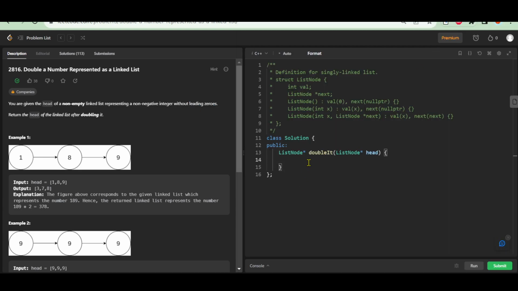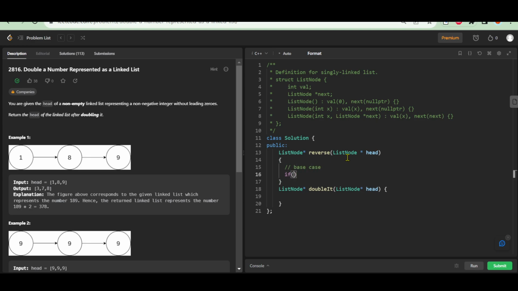First of all, I have to reverse 2 times, so I will make a reverse function separately. So reverse function is going to return a node, that is the last node. So it will be of list node star type. Let me name it reverse. It will take a list node star, let's name that node head. It will accept the head of a linked list and it will reverse it and return the head of the reversed linked list. For reversing I am going to use the recursive approach, and this will be my base case,